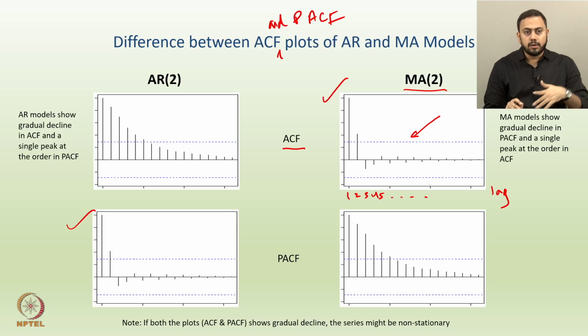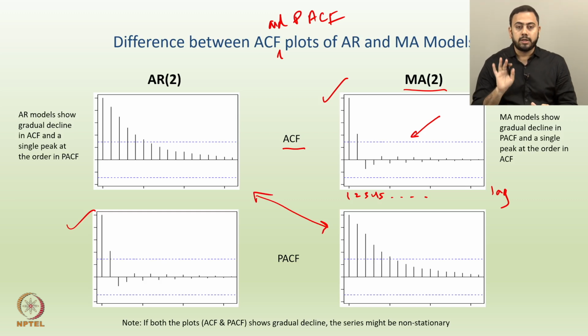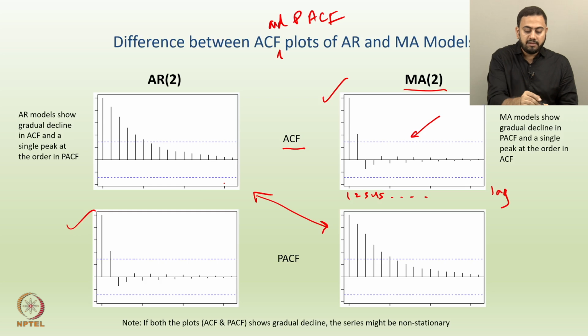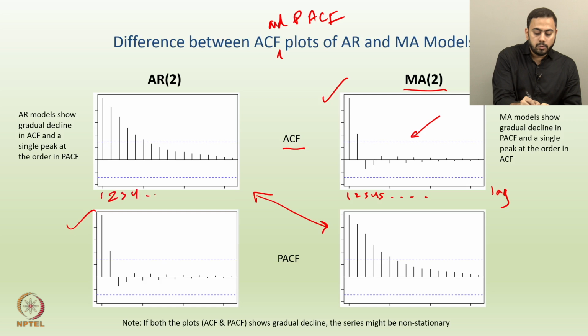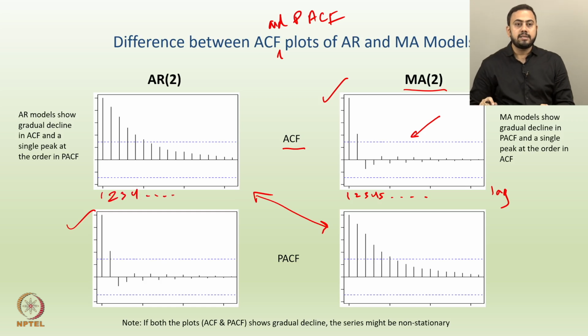Now, how do you sense a tailing off tendency? Tailing off tendency could be seen using these two plots here, the top left one and the bottom right one. In both these plots you can sense the tailing off tendency. If you observe the plot on the top left, where the x axis gives you all the lags, let us say 1, 2, 3, 4 etc., I can conclude that such a plot is showing a tailing off tendency after lag 2, and the exact same thing can be seen in the plot on the bottom right.